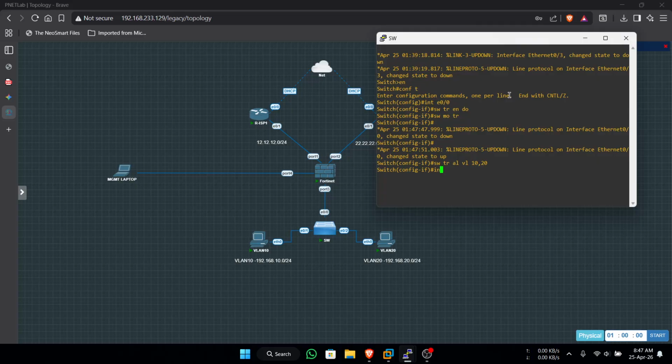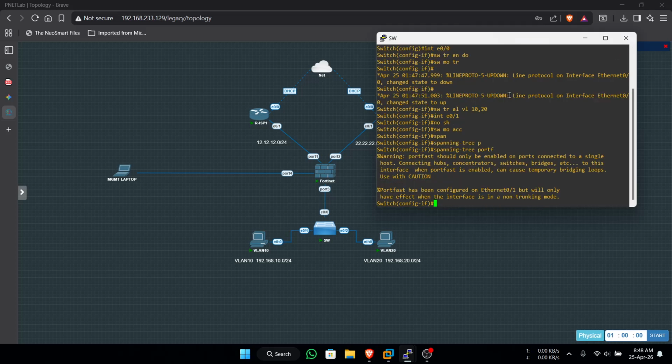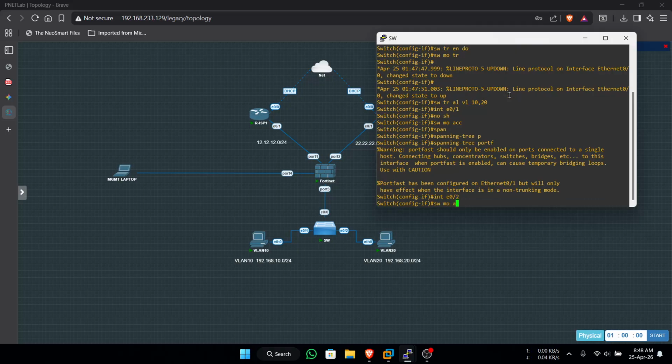After that you go to interface 0/1, no shutdown, switchport mode access, spanning-tree portfast. Okay, then go to interface 0/2, switchport mode access,